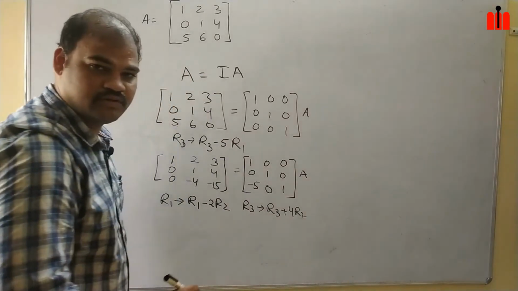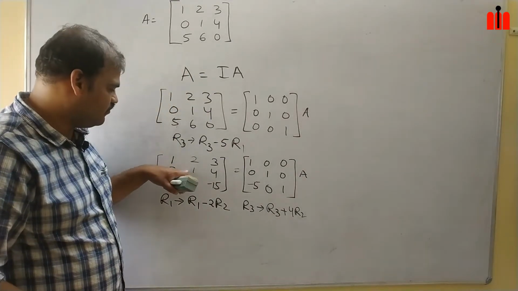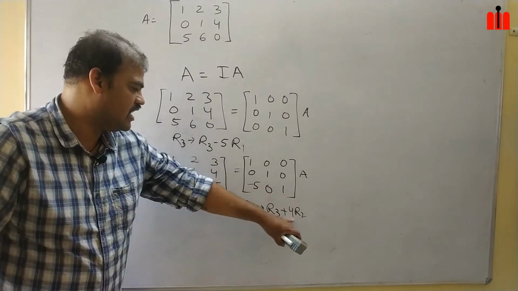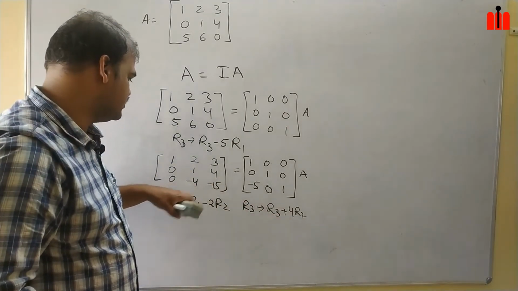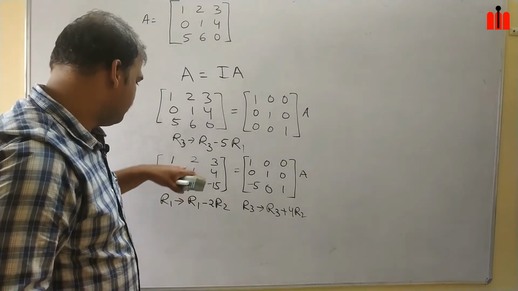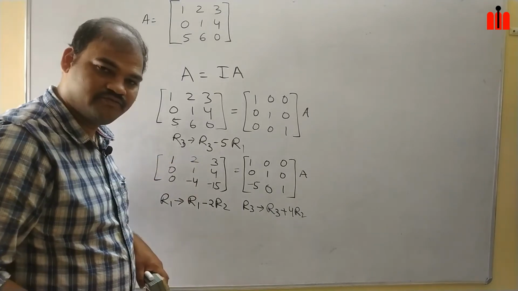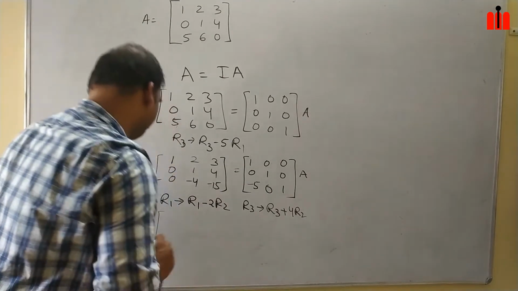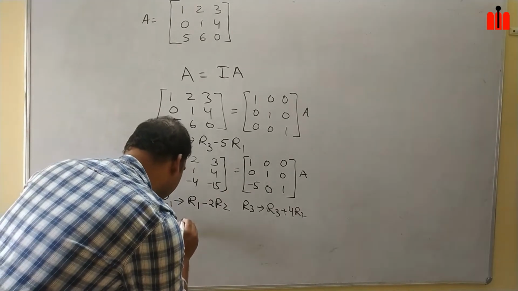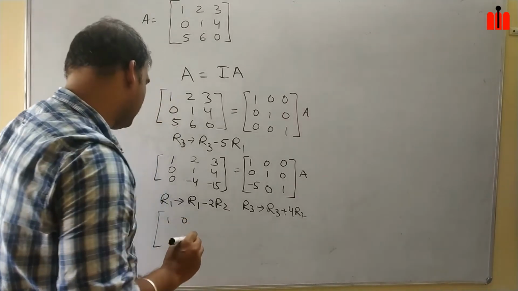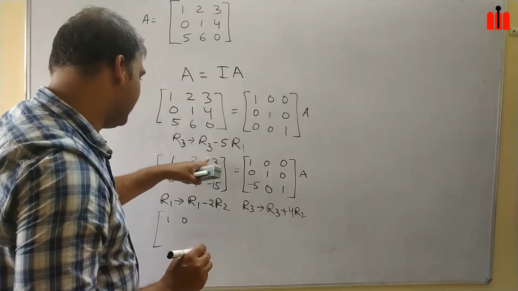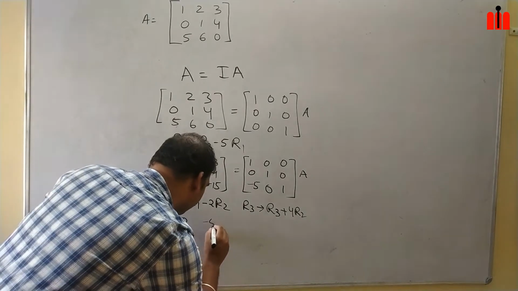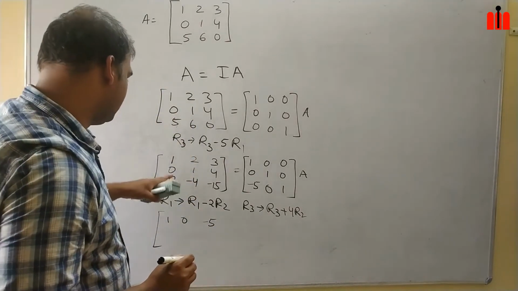4R2. See, you will multiply with 4 and add over here, you will get 0. So multiply with 4 and add with R3. So you will get 0. And after that, multiply with 2, subtract with first row, you will get 0. So your matrix will be 1, 0. Okay, and 2R2. So 8, 3 minus 8. How much it will be? Minus 5. Okay, 3 minus 8 minus 5.